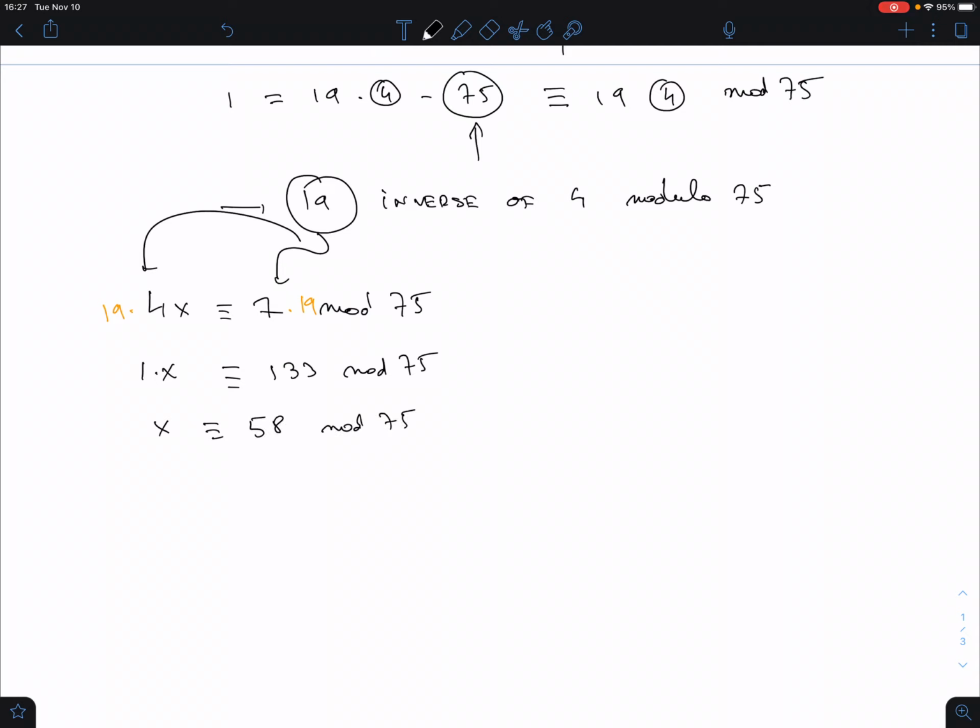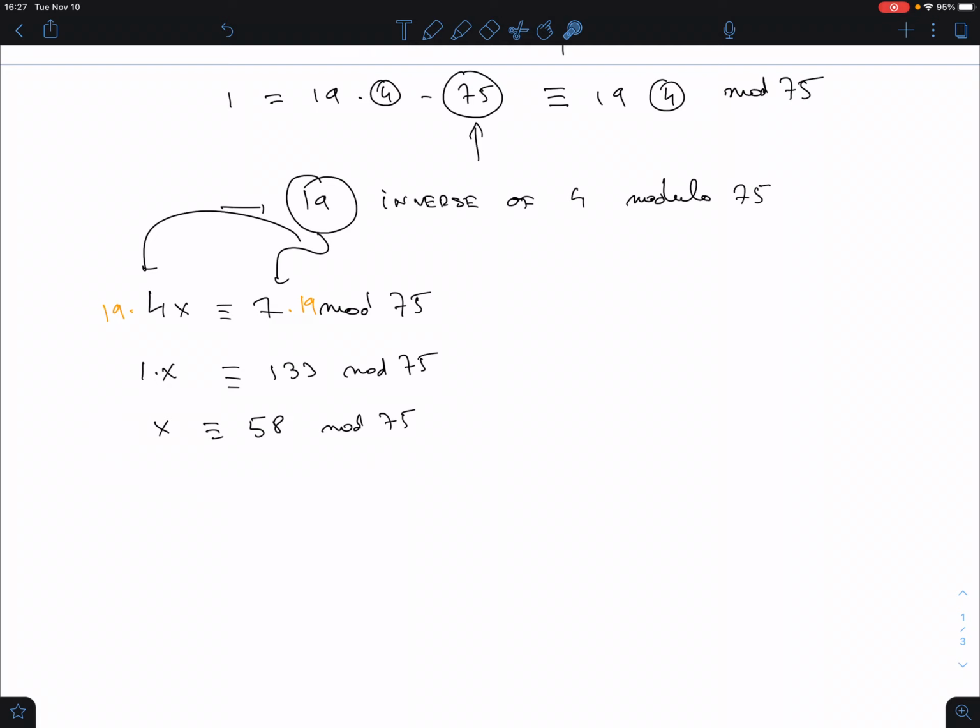Remember, if the number you're trying to find is slightly bigger than your modulus, then you just subtract the modulus. That's what we do with clocks, right? If you say 17 hours from now, okay, maybe that is 12 hours from now, so 5 hours later than noon. That's how we calculate things, right? Okay, so this is how we solve linear